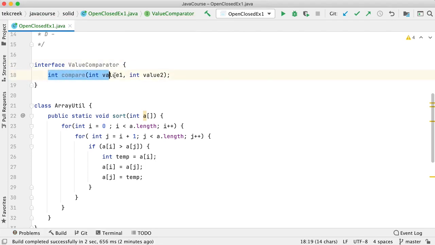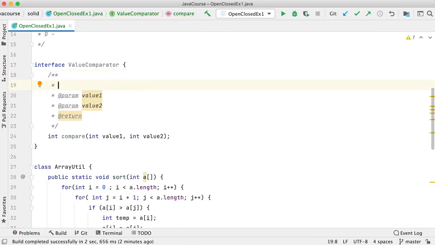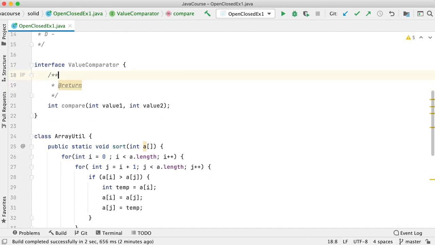So you take two integer values, you compare them and return positive if value1 is greater than value2, negative if value1 is less than value2, and 0 if value1 is equal to value2.